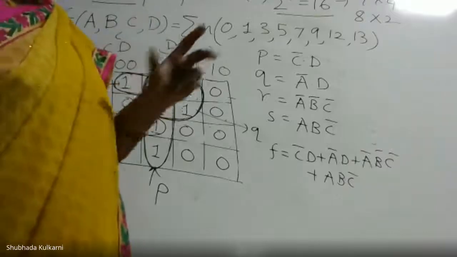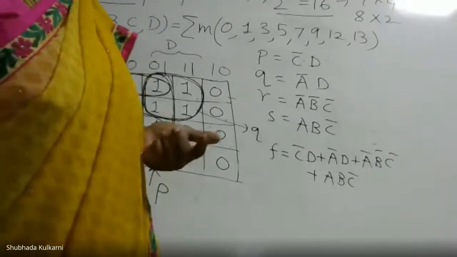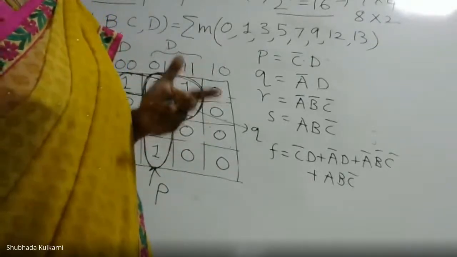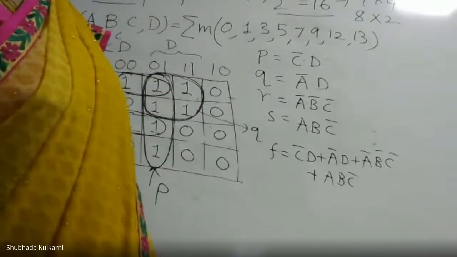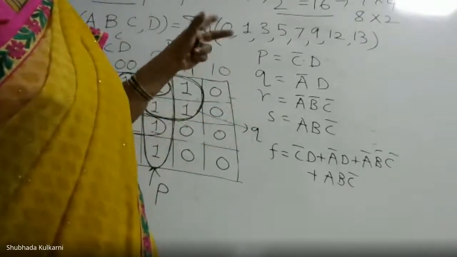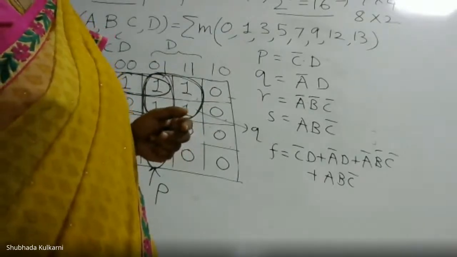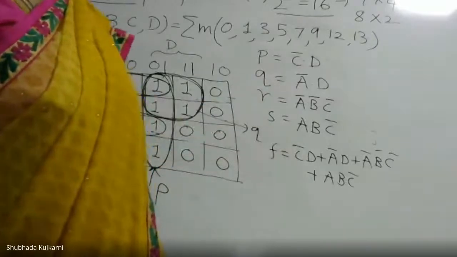See, what is the main important feature of the K-map? Directly you can write the product term for each group. And you don't have to simplify individual min terms one by one, step by step. Do we need to simplify this further? No, you can't simplify any more. This is the ultimate solution.